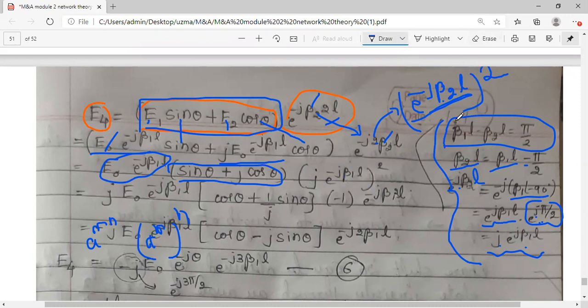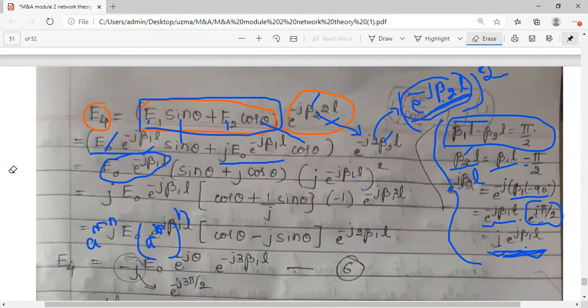As we have adjusted like that, the phase difference should be equal to 90 degrees. From this, represent beta 2 in terms of beta 1. Okay, finally you get j into beta 1. So I have written that j into e raised to j beta minus j beta 1l, squared. The square on top is as it is, only the term inside I have changed. Okay, now club these exponential terms.